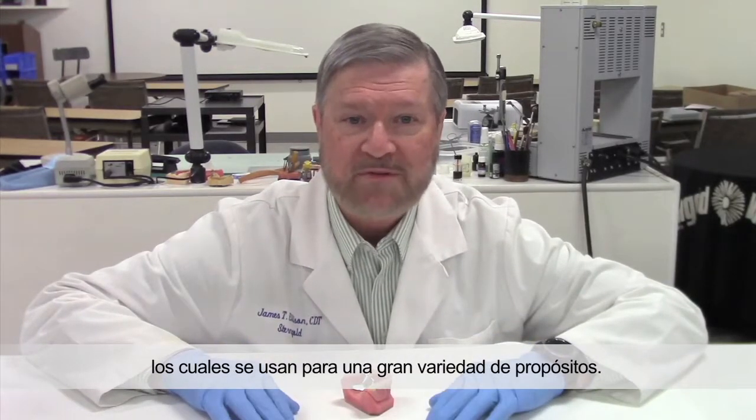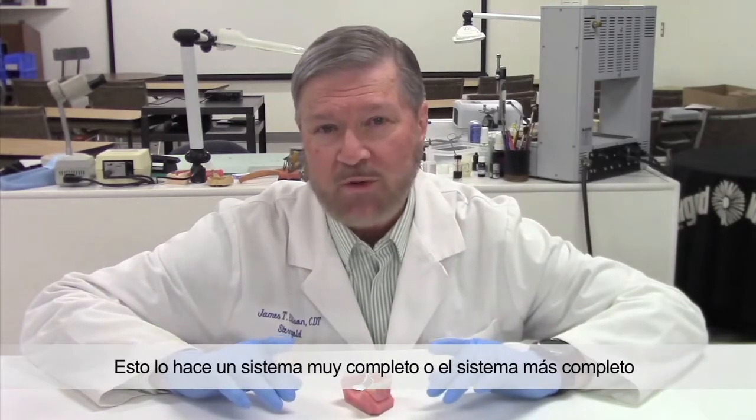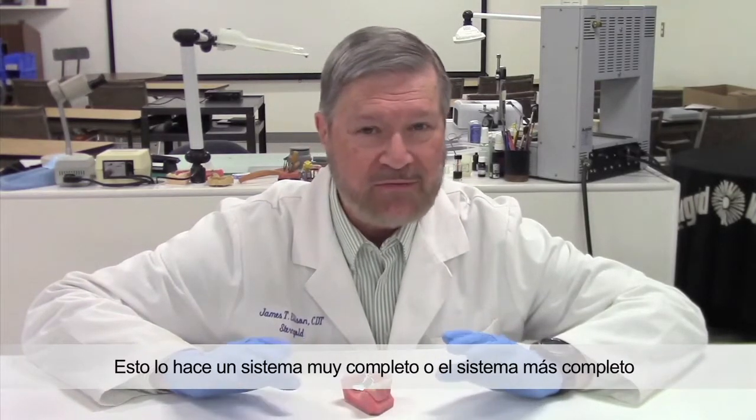Hi, I'm Jim Ellison, and I'm one of the inventors of the ERA attachment system. Now, I use the word system because there are approximately 15 ERA attachments, which are used for a variety of purposes. This makes it one of the most comprehensive, if not the most comprehensive attachment system in the history of